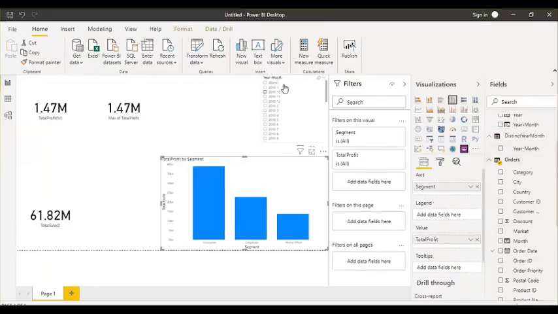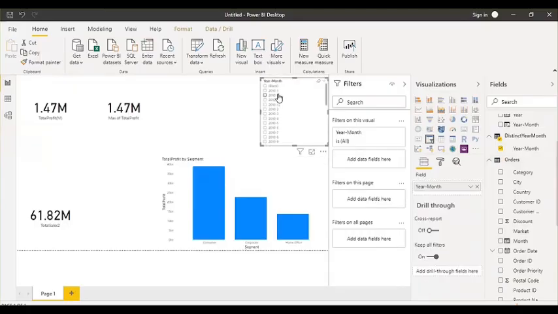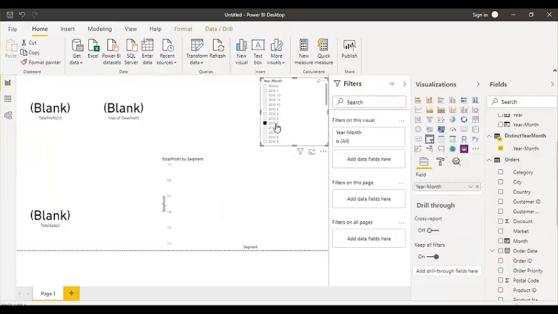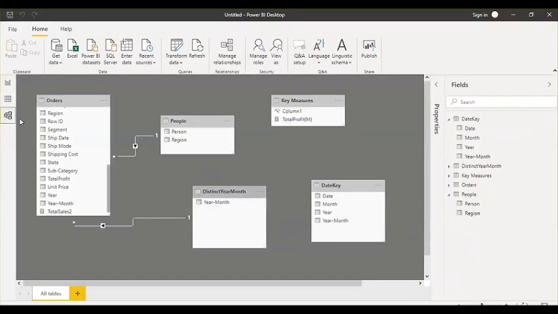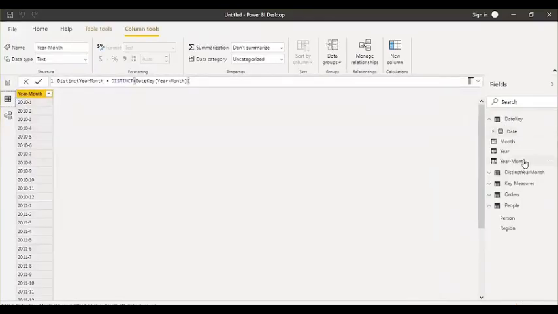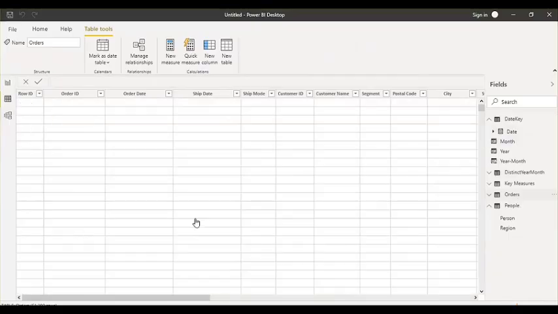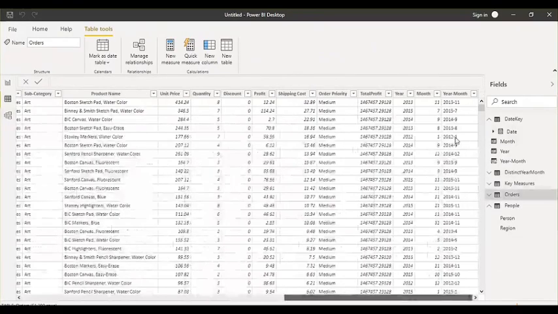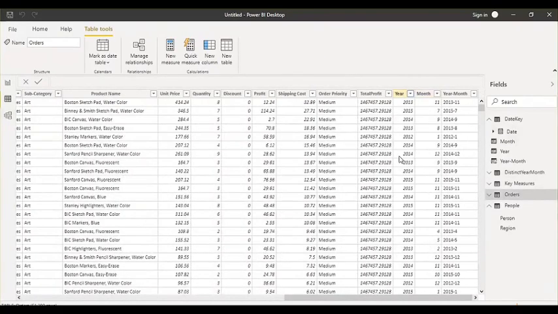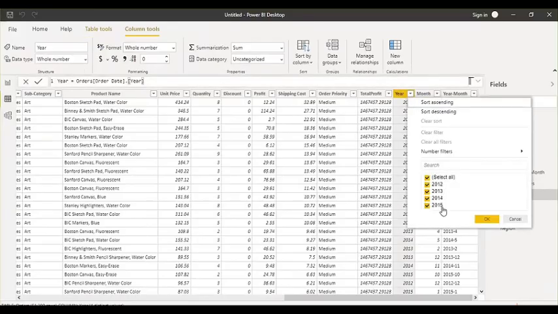Now when I select any value in this year and month, why is it not showing any data? Because in this distinct year month date table I have the data of 2010 to 2012, while in the orders table I have the data of 2012 to 2015. That's why it is not showing any data.